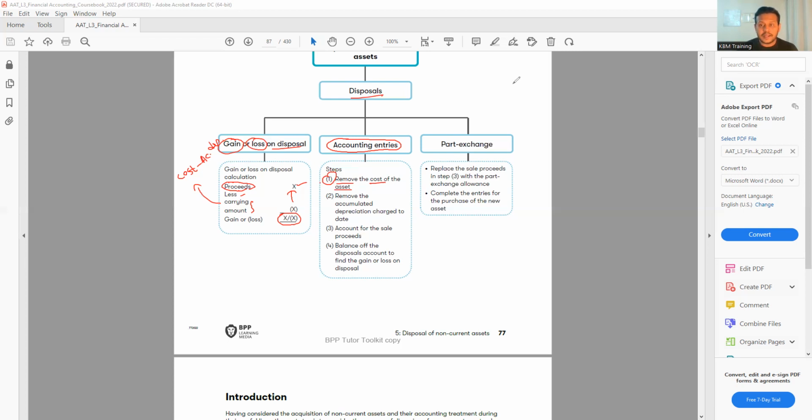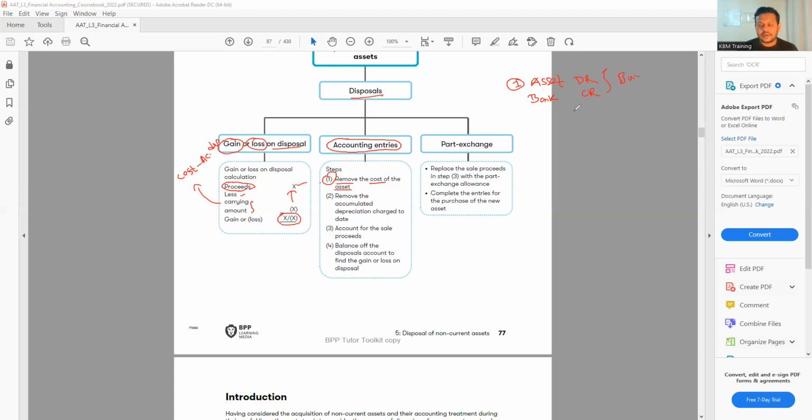Now, when we buy an asset, normally we record it through the journal. We said asset is debit. Now, the asset name can be anything. For example, it could be a computer, a car, land and building, anything. So asset will be debit. And how did you buy it? If I pay cash or bank, the bank will be credit. So this is what happens when you buy a non-current asset.